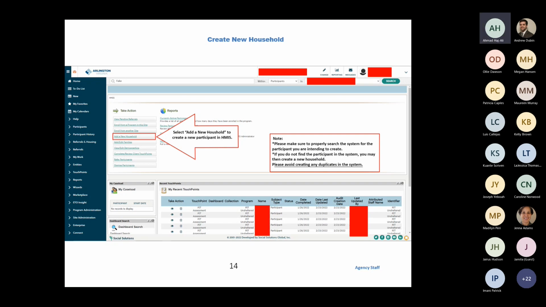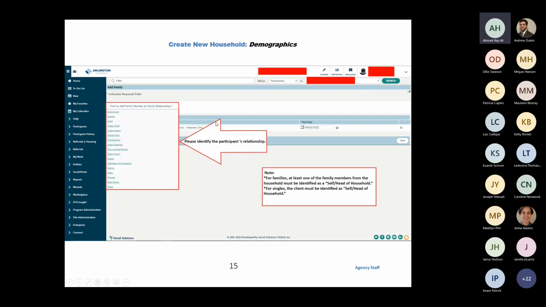The kicker here is just following the protocols of searching within your program, searching the site, then searching outside your site, just to make sure that you're following the right flow of search functions in HMIS. So now that we've identified this, and we're going to go ahead and select add a new household, you come to a